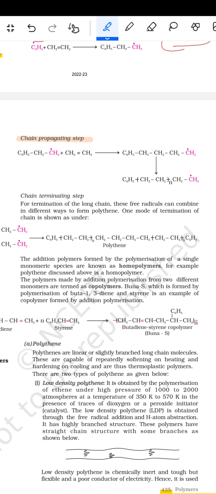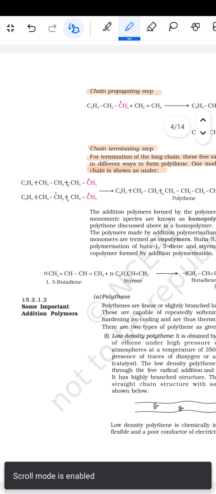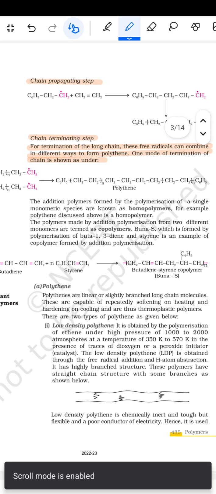और फिर टूट के फ्री रेडिकल बना दिया। फिर आता है चेन टर्मिनेटिंग स्टेप, जिसमें for the termination of the long chain these free radicals can combine in different ways to form the polythene. One mode of the termination of the chain is shown as under. तो ये दोनों मिलेगा तो इससे पॉलीथीन बन जाएगा। इसके बाद फिर आता है